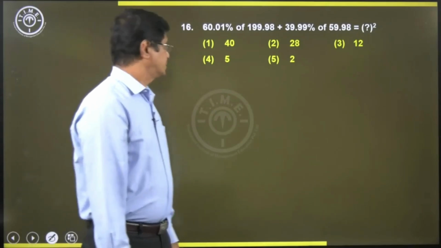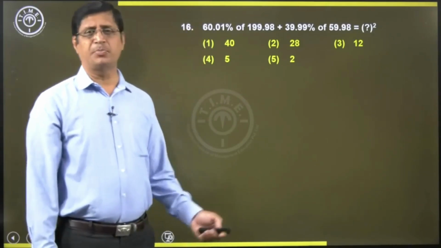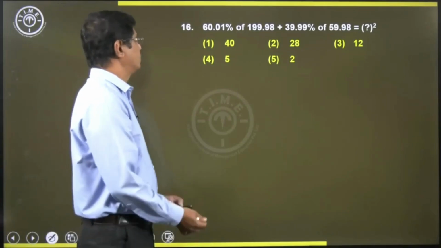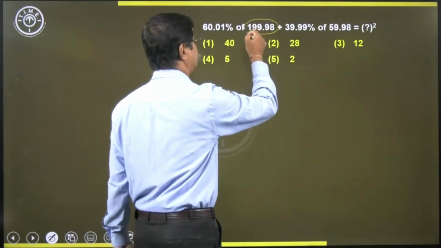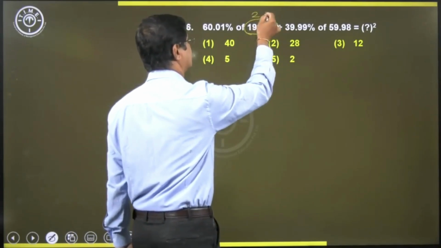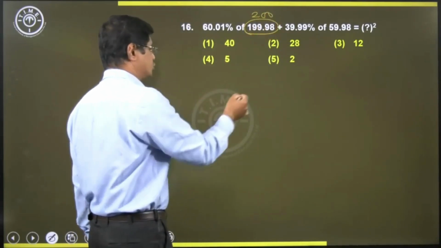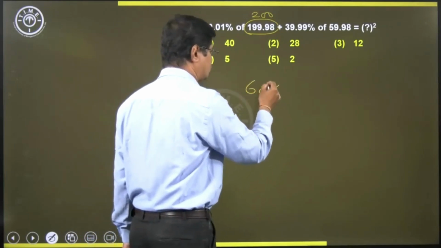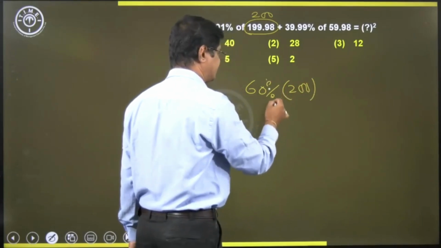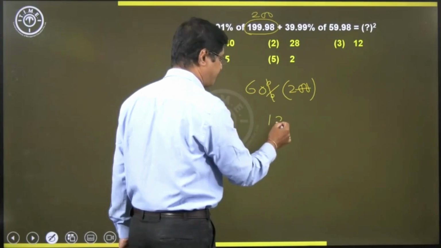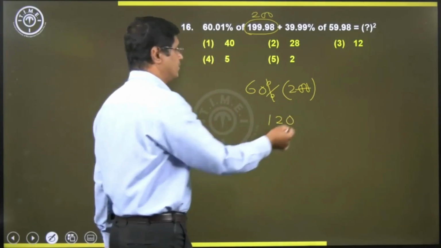Next. 60.01% of 199.98. 199.98 means approximately 200. So 60% of 200. Here percentage and zeros get cancelled. The result here is 120 plus